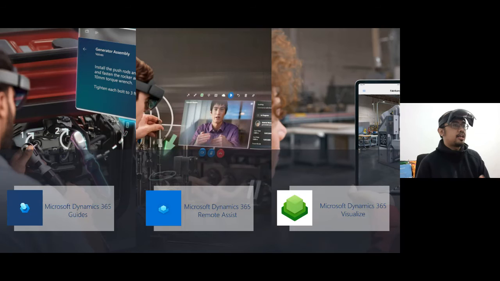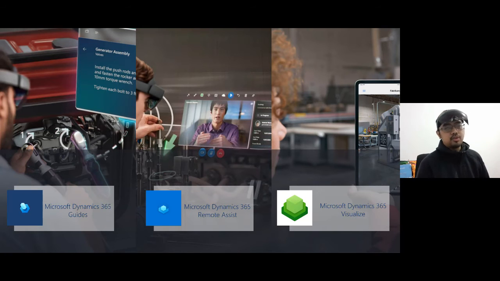So you no longer have to plan a schedule and spend more cost to travel. We also have Guides to empower new employees coming to your company to learn faster and more effectively, through holographic manuals that guide them in their daily activity for the role they are working.